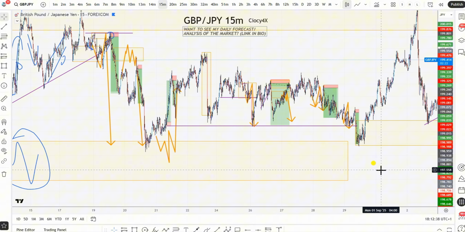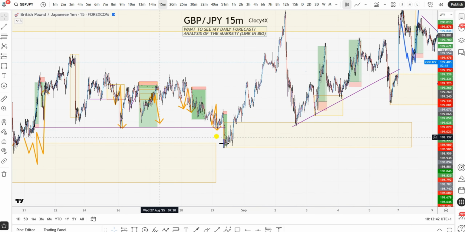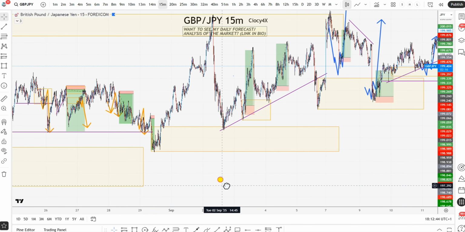And again, I'm not saying that you're not going to take losses. Yes, we do take losses as well. I think there were a couple of losses, not here, maybe somewhere around here. Look, same stuff. Again, sellers come in, demand kicks in, and we get in buy, we get in buy, we get in buy. It's crazy stuff. Here we couldn't take anything, even though we were right. Why? Because of the timing. That's another thing that we use a lot in our community. So I'm not going to explain this too much now in here, but look, it's crazy stuff.